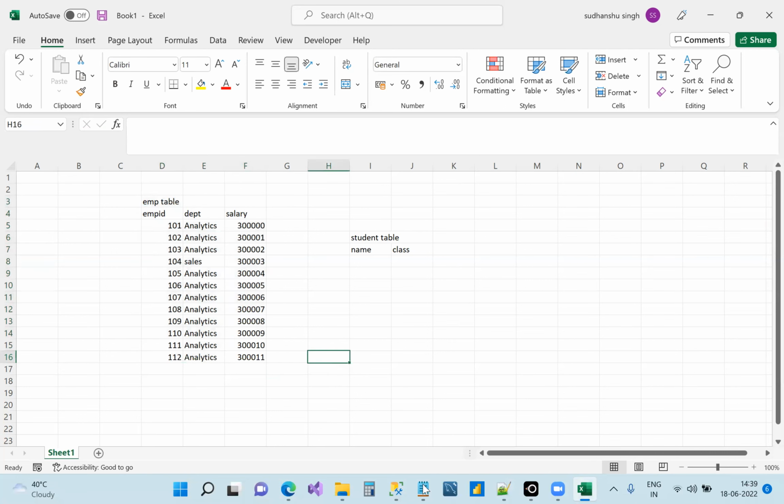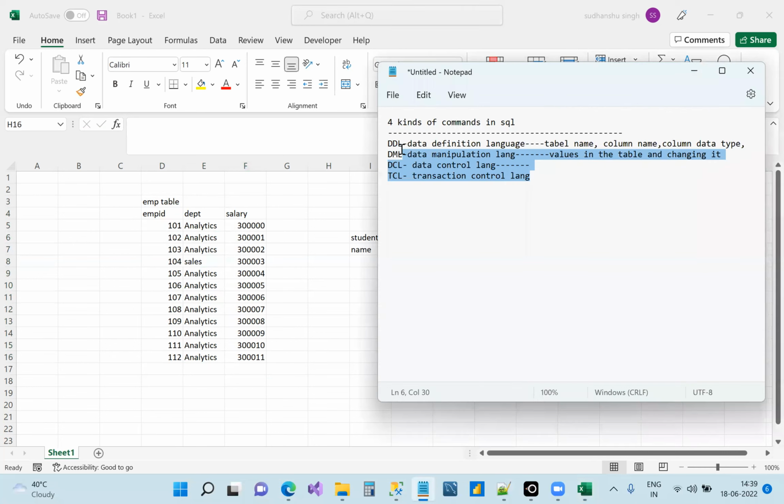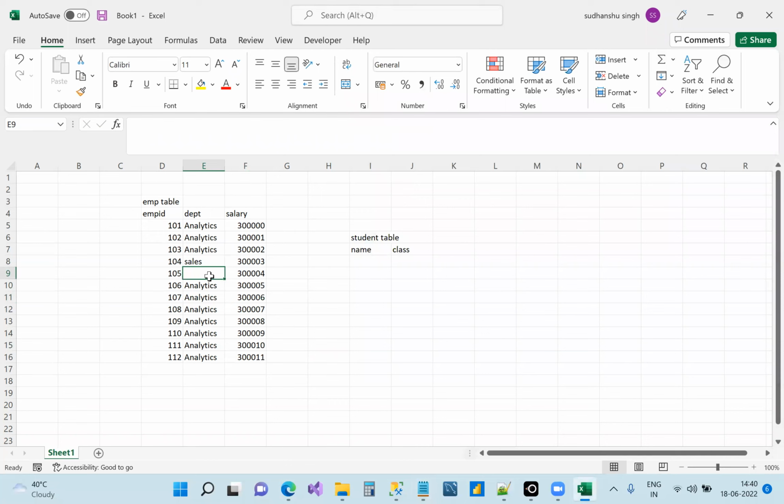Primarily when you work on SQL, as a data analyst you are supposed to work more on this. But someone who is preparing for data engineering needs to work more on the other, because it is the work of engineers to create tables. And for data analysts, what is the work? To visualize it, to make changes. Suppose there is a null, what do you do with this null? How do you prepare this table? Manipulations you need to do, right? So it's the DML.